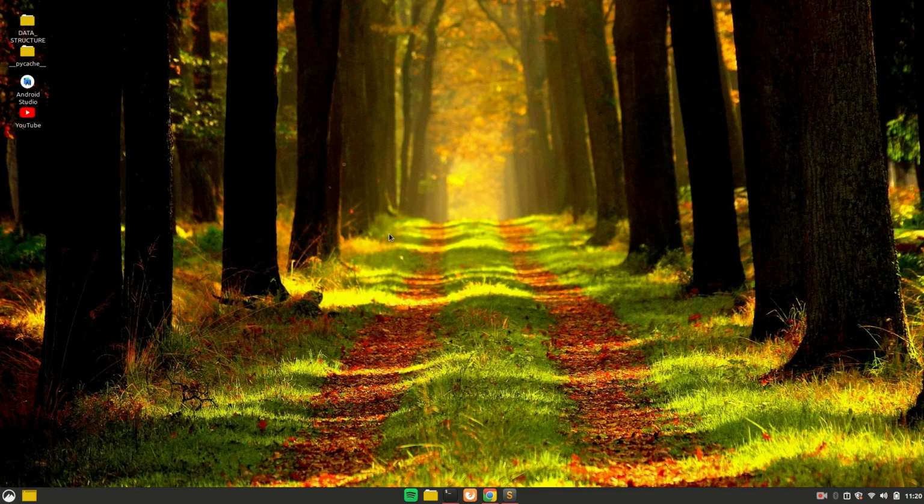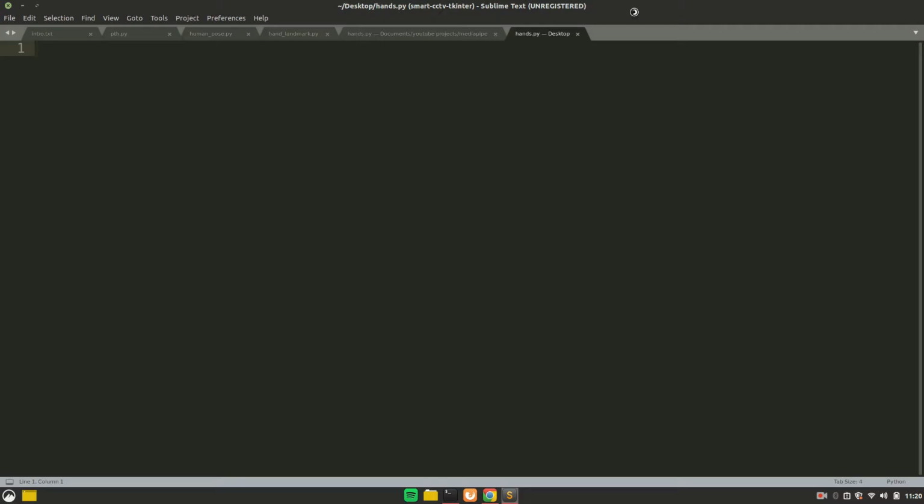Alright, I'll start by creating a new Python script on the desktop. You can store it wherever you want to. Let's open it with Sublime; again, it's your own preference, use whatever you want. We'll start by importing MediaPipe first of all. Next we'll import NumPy, and of course we'll need CV2 in order to read from the real-time webcam. Now I'll quickly write the CV2 VideoCapture class in order to read from the webcam.